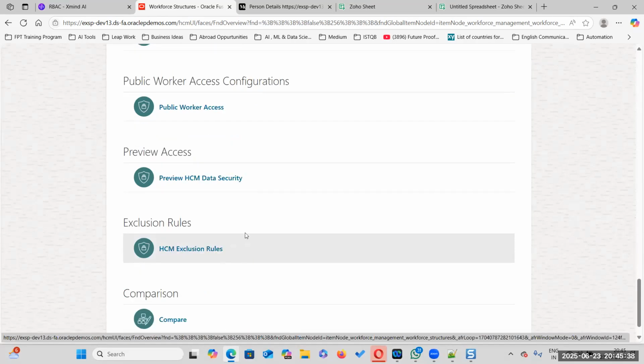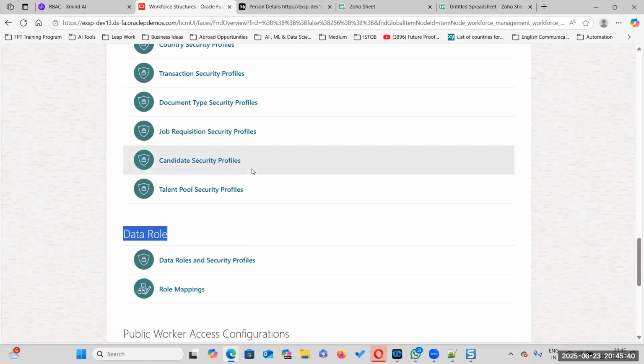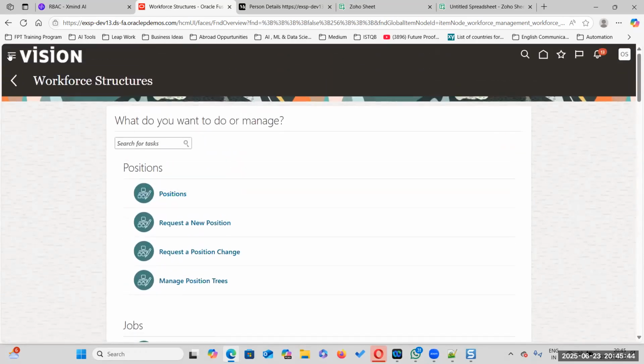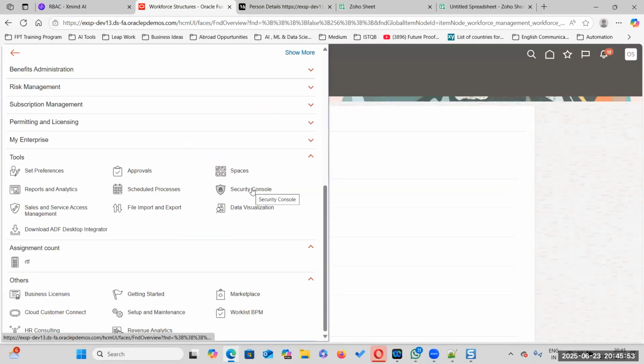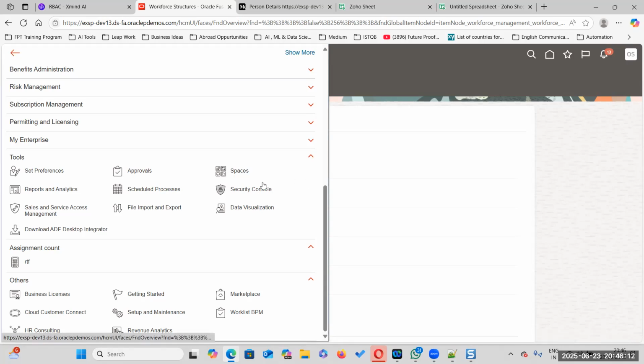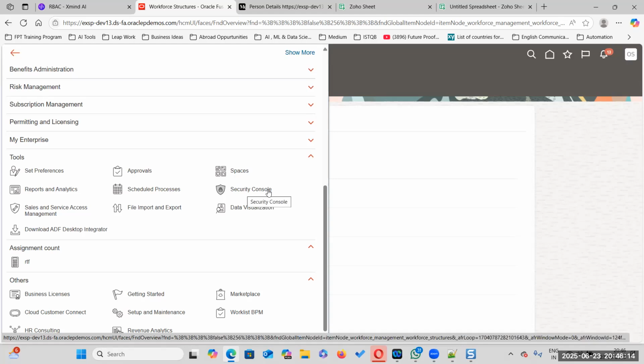Now, after adding this particular role, we are able to see this, but we are unable to see the security console. How is it coming? Maybe it is taking time, sir, because it was not there earlier. Yes, it's taking time. So now we are able to see the security console, right? This is highly dangerous, and the most important work area is the security console.